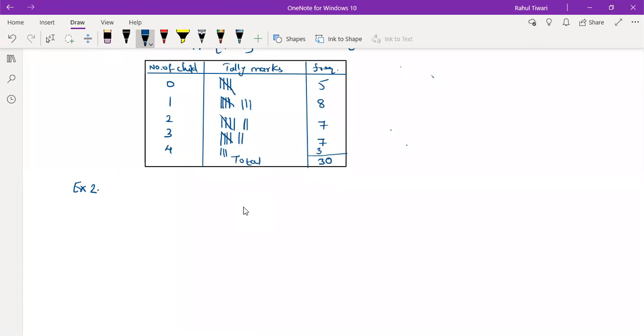The marks obtained by 50 students in an examination are given below. And those observations are, take down,